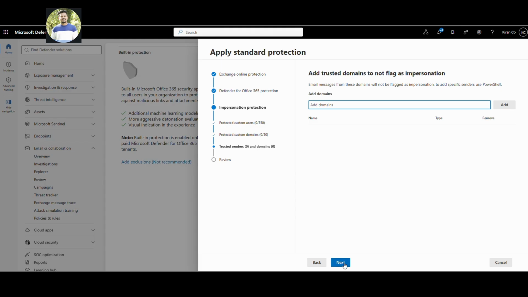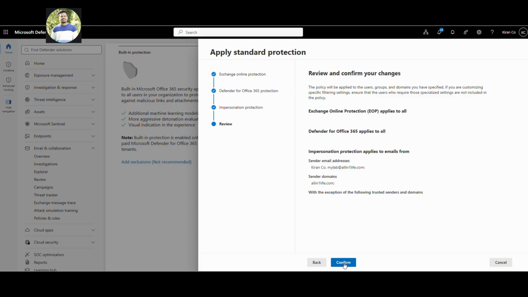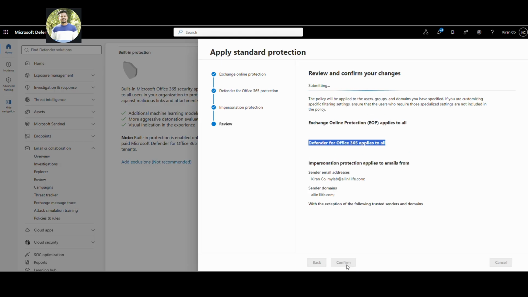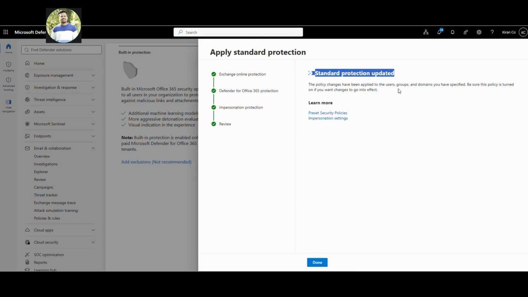We have the option to add trusted domains that should not be flagged by impersonation protection. If you have a domain, subdomain, or any other company domains, we can add them there. Once we have this, the final review page will come. We can revalidate all the settings and confirm the policy which needs to apply. So once the policy is updated, we